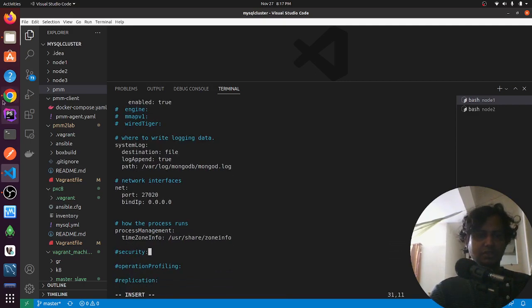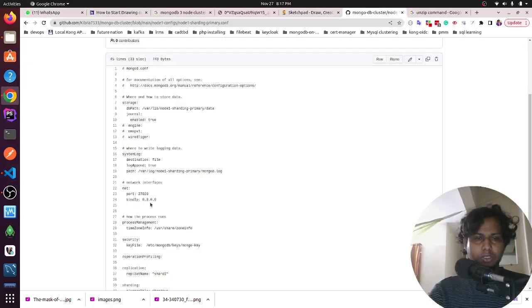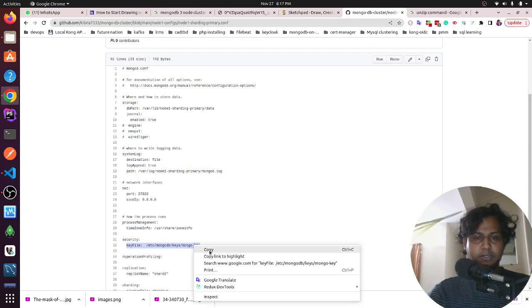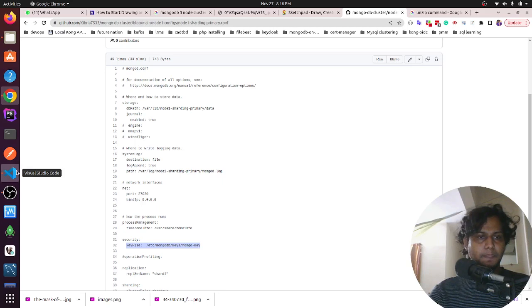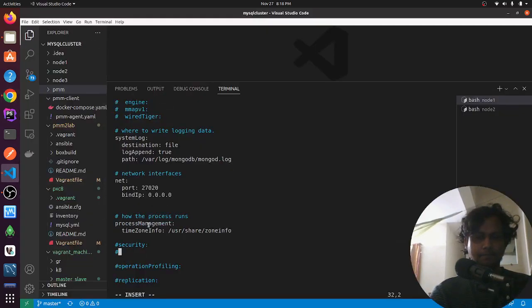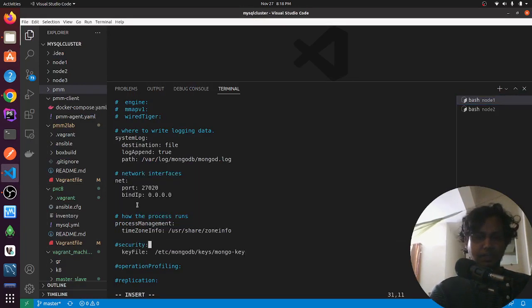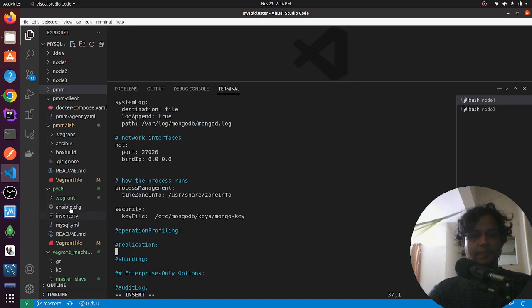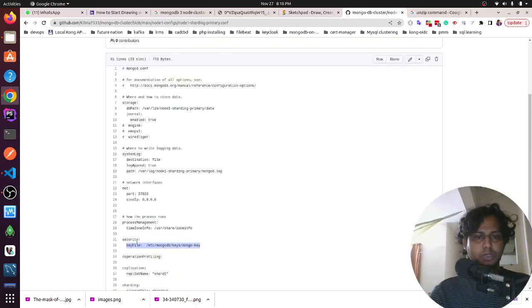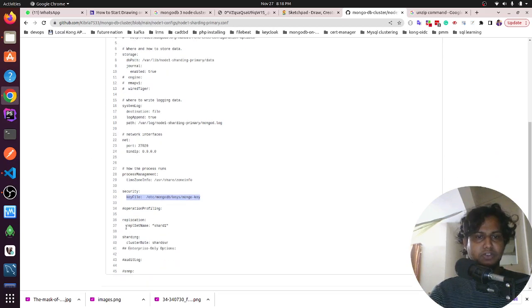In your security context, you have to put this there. This is exactly the key path where I created this key, and it is our shard1. So we have to put our replication name shard1,